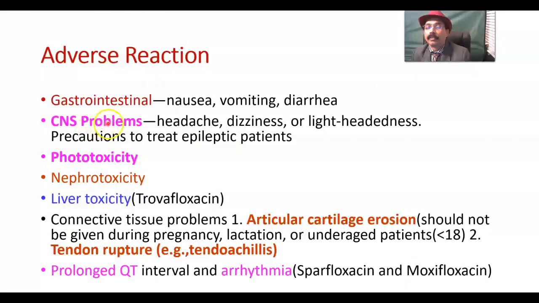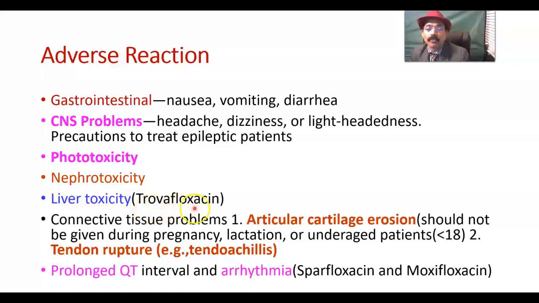Adverse reactions: gastrointestinal, nausea, vomiting, diarrhea. It is seen in around 6% of the population. CNS problems: headache, dizziness or lightheadedness. Precaution should be taken with a patient who has epilepsy or is taking anti-epileptic drugs. Phototoxicity: a person taking fluoroquinolone should not go outside in the sun. They should have some type of protection against the sun. Nephrotoxicity is also possible. Liver toxicity, especially with the fourth generation